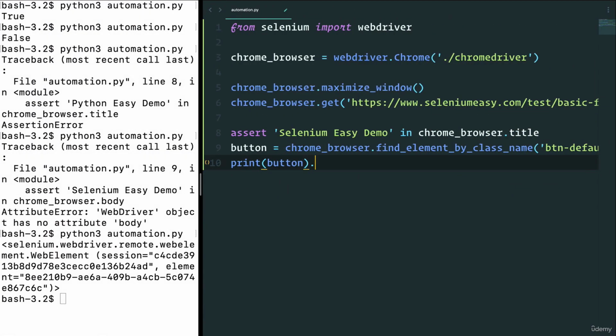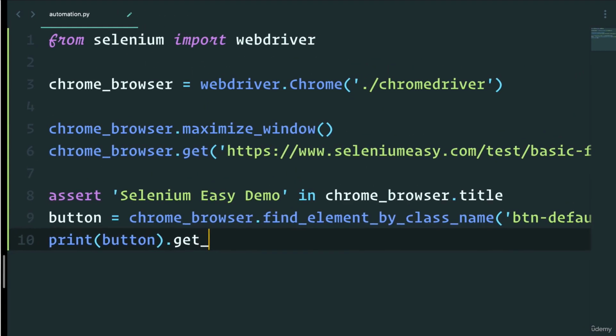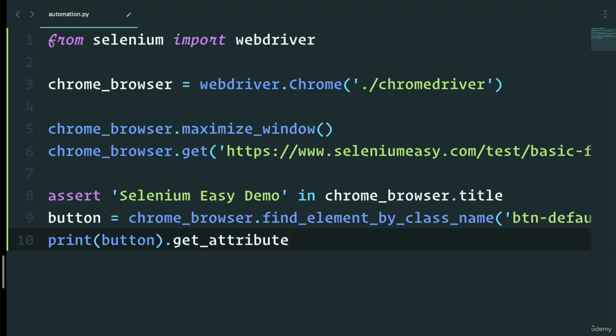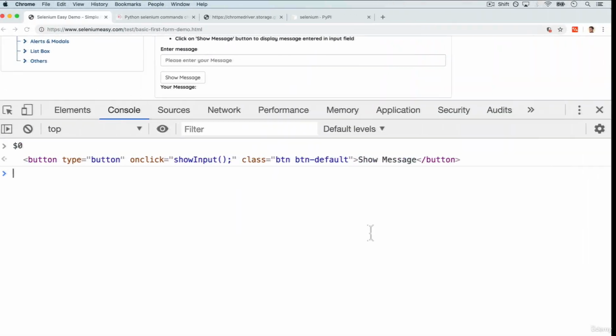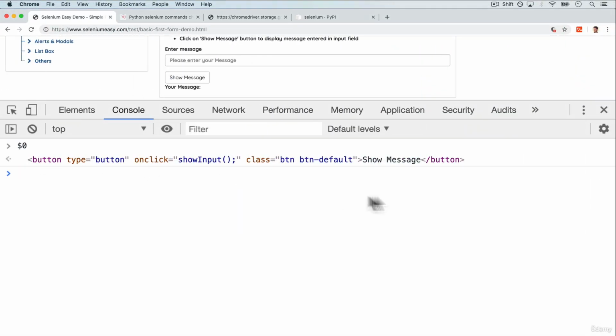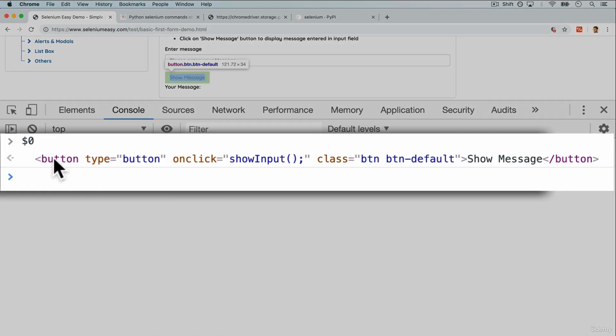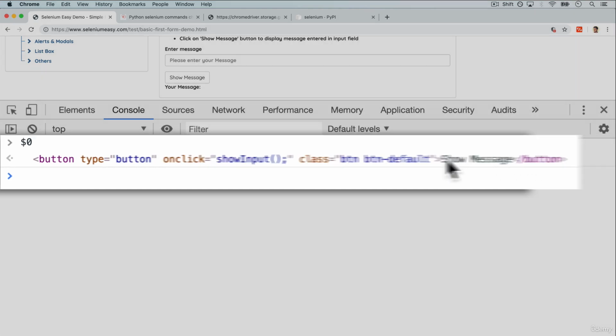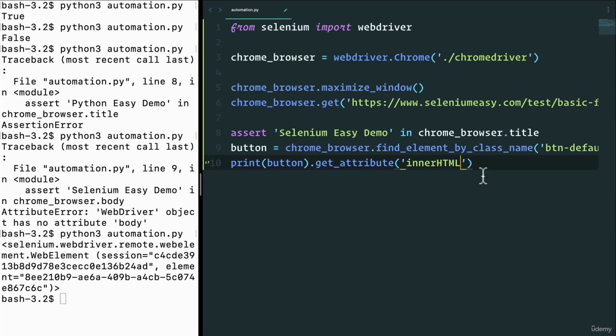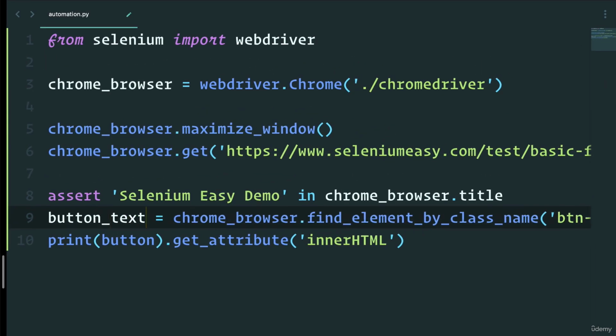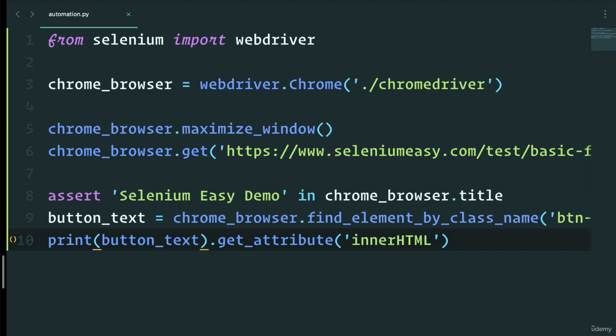Now in here, there's different ways that we can interact with it. One of the ways is to say something like get attribute and an attribute called inner HTML. Now, inner HTML is simply going to grab whatever is between inside of this HTML, which is the button, and then you can see over here that the button's closing. So we want to grab the show message. If I do something like this, let's say we call this button text, and we print the button text. If I run this,